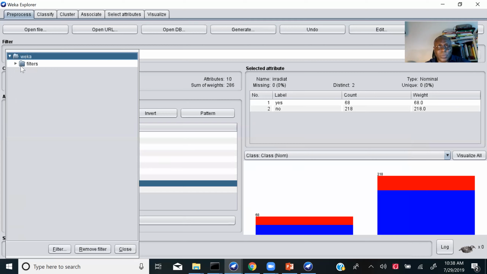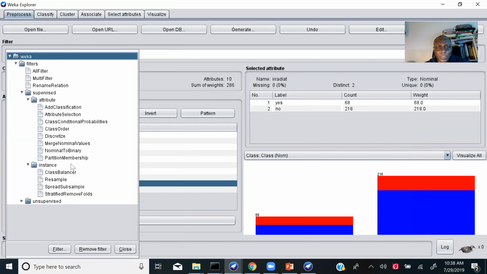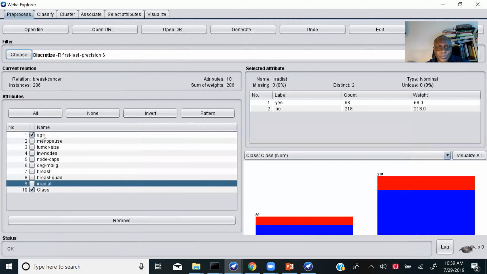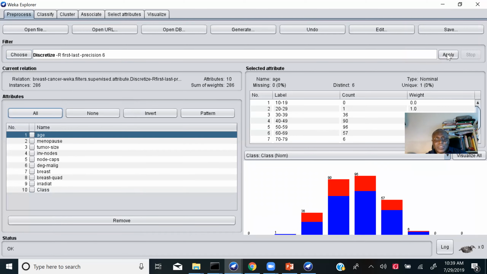I didn't choose any, but let's just choose the discretize. And then when I click discretize, I'm going to click on apply here. And let's see what will happen. Right now, I know I have 10 attributes, and we can see nothing changes.